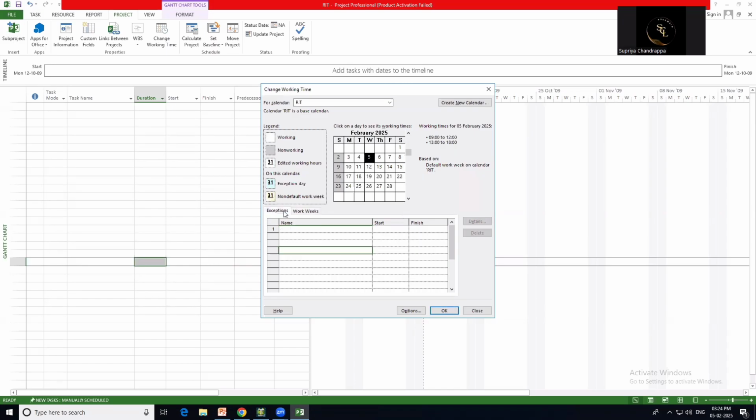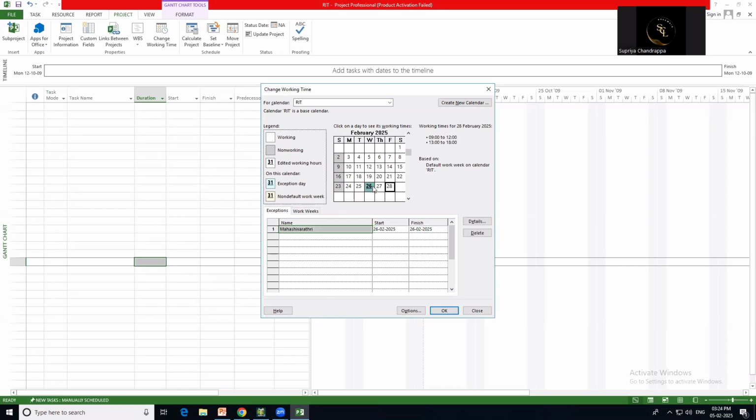And the other one, exceptions. What is an exception? In case you have any government holidays or other company holidays, you can make them non-working days. For that, go to Exceptions and select that particular day. For example, if February 26th is Mahashivaratri, type it as Mahashivaratri.